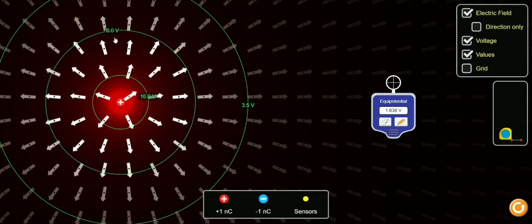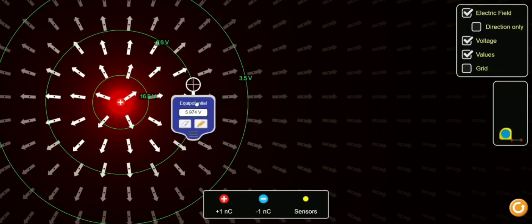Fine, and you see, everywhere it is 6 volt. Similarly, if you go anywhere here over the circle, the potential is 6 volt. This is an equipotential surface. So that's a beauty, right? We know why it is coming like a circle. We know the reason, and moreover, the equipotential surface is perpendicular to the electric field lines, right? That we know already.